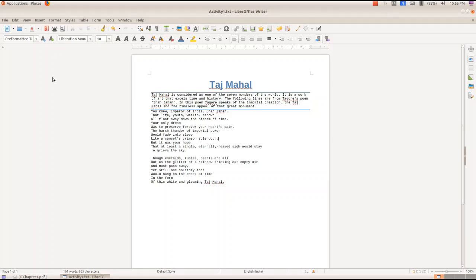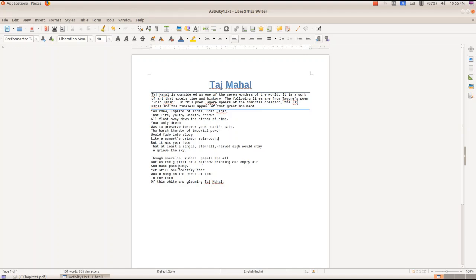In this activity, we are going to do 4 things. The first one is we want to change the font size. The second one, before the first stanza of the poem, we want to leave some space.